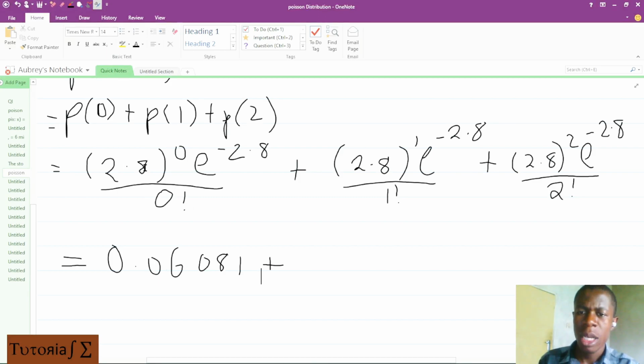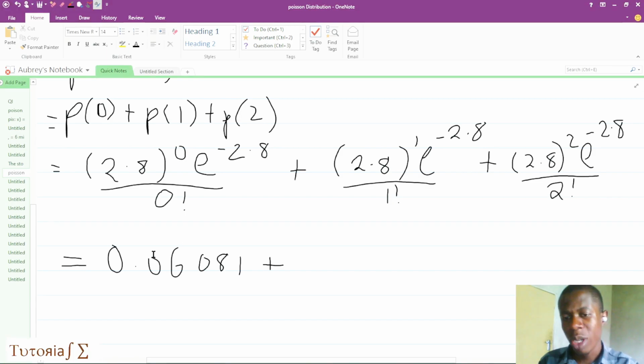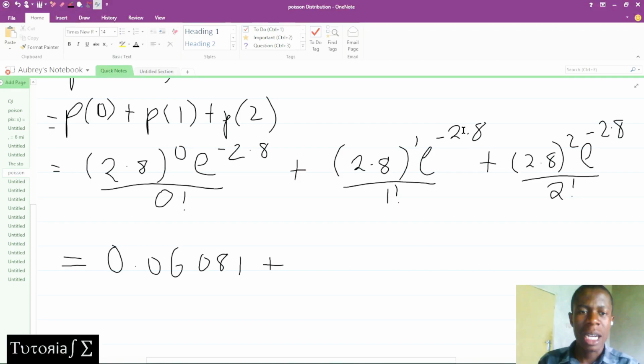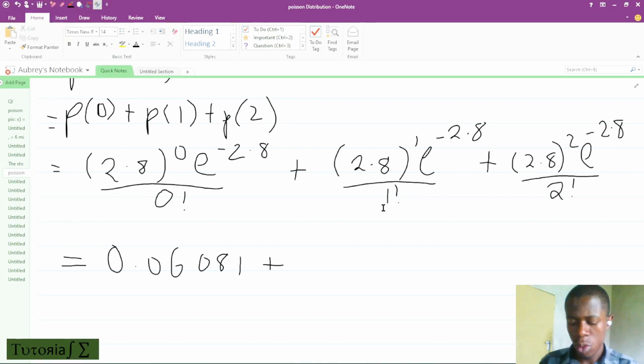Times 2.8 to the power 0, which is 1, and 0 factorial is 1, so over 1 is just the number itself. Here it would be 2.8 to the power 1, which is just 2.8, times e to the negative 2.8 over 1 factorial. 1 factorial is 1 again. So that will give us